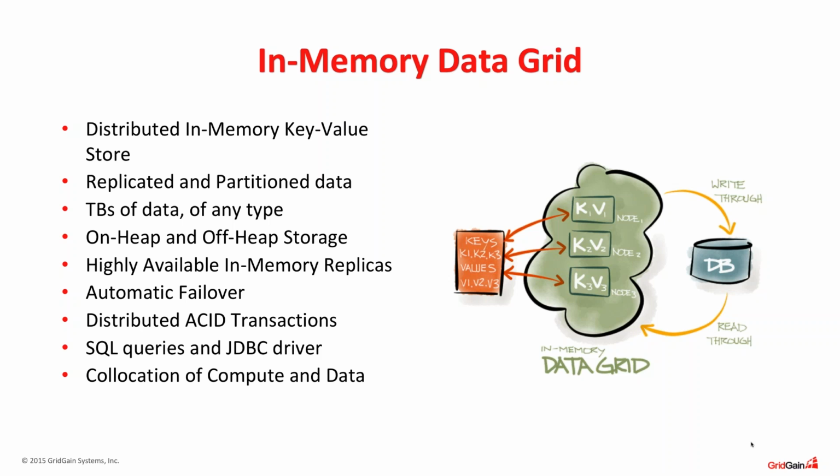Fundamentally, most in-memory data grids, and Apache Ignite's data grid is not an exception, are based on a key value store, an in-memory distributed key value store. It's a very important fact. The reason that we chose key value is because this is the lowest common denominator in terms of data storage. Once you have a key value store, you can then look at the same key value store as a